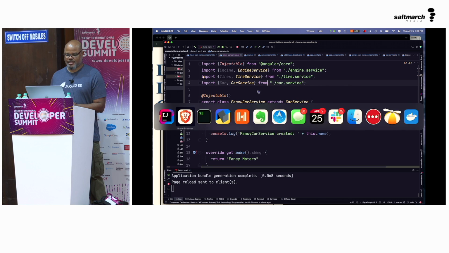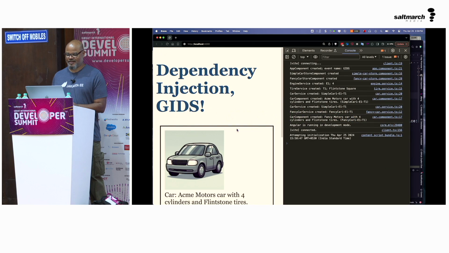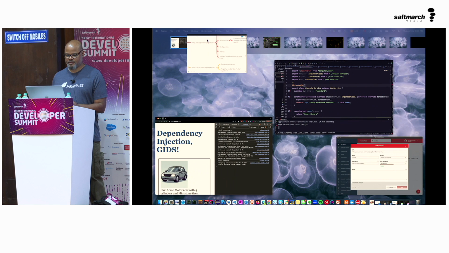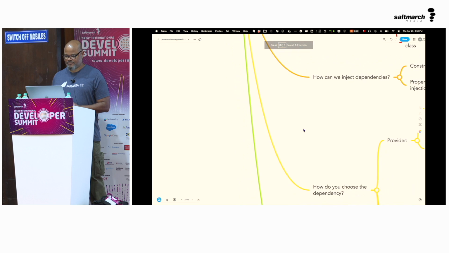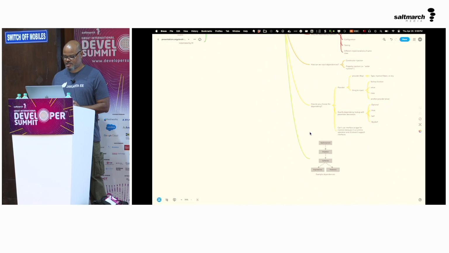All right, so that concludes my demo, or at least the live coding part. You notice my live coding is injecting pieces of code, much simpler than typing it out. So let's go back to my slides. Okay. All right, so let's see if there's anything I left out here. We talked about dependency injection.